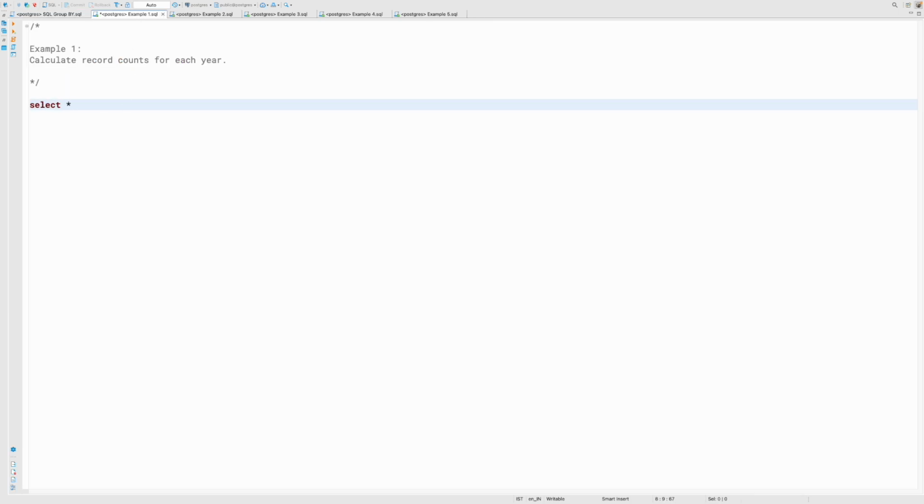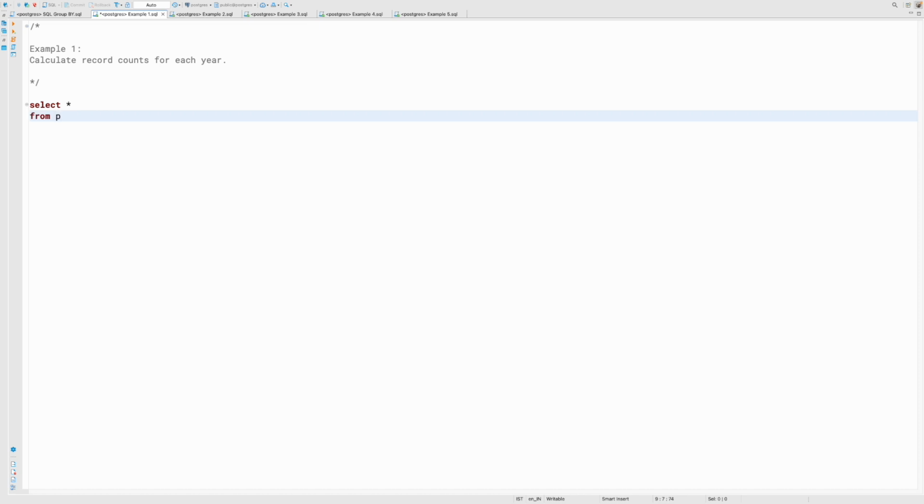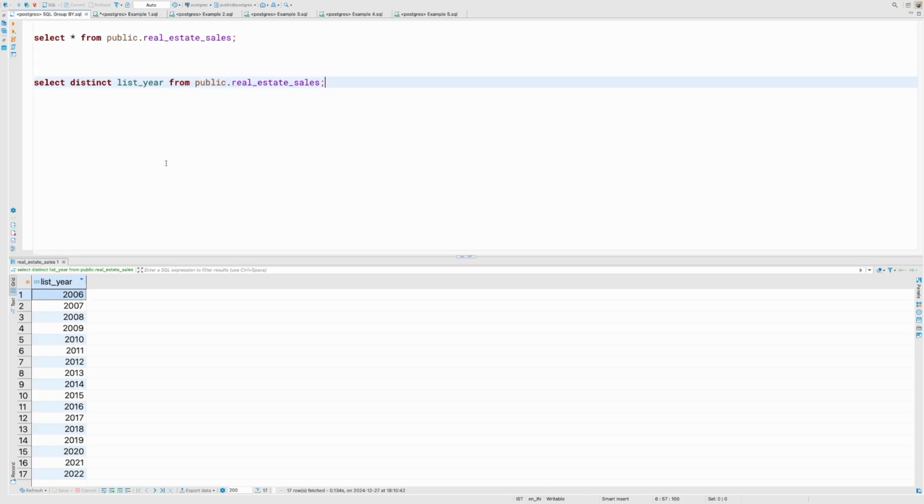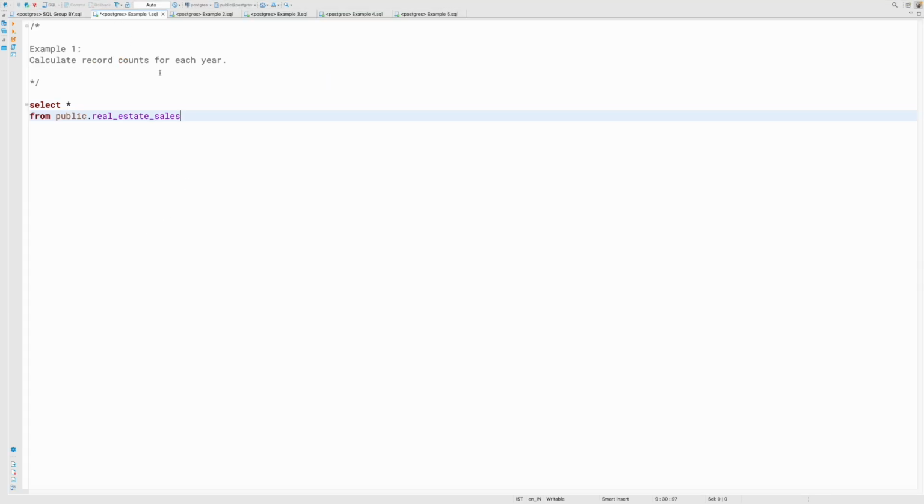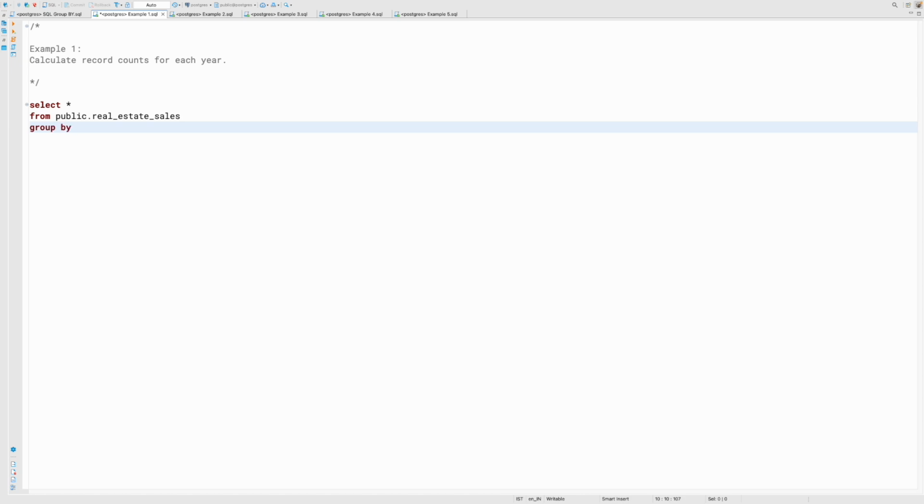We'll start with select star from table name. In this case, the schema is public and the table name is real estate sales. Then what we need to do is group this particular table by this list year. So what we will write is group by, and then we will write list year. Okay, so this way,